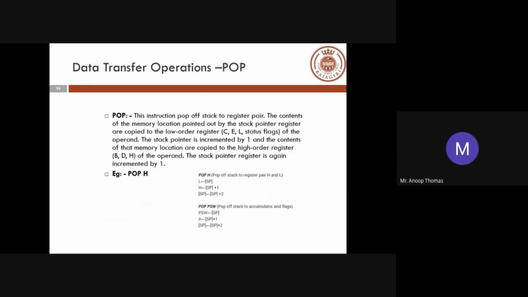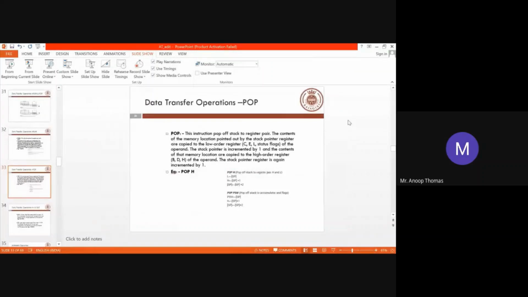So I have given you a brief introduction to the different kinds of instructions used inside the 8085. It's not easy to comprehend at the first level. You need to go through it, write programs, and then try to understand it. From the next class, once we finish the data transfer instructions and arithmetic instructions, we move to programs using a simulator and see how these things really work. The simulator that is going to be used is SIM 8085. You can go through it. Let me just share the screen to see how it looks.